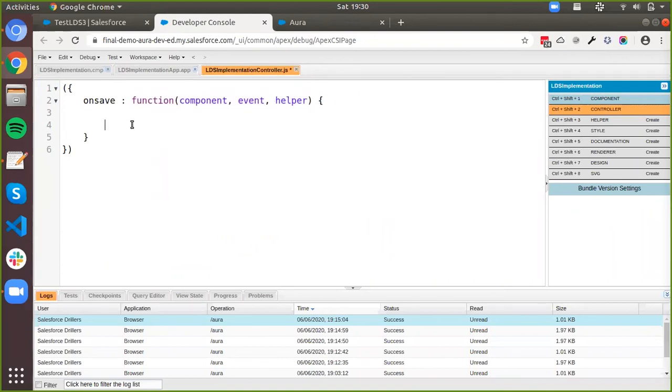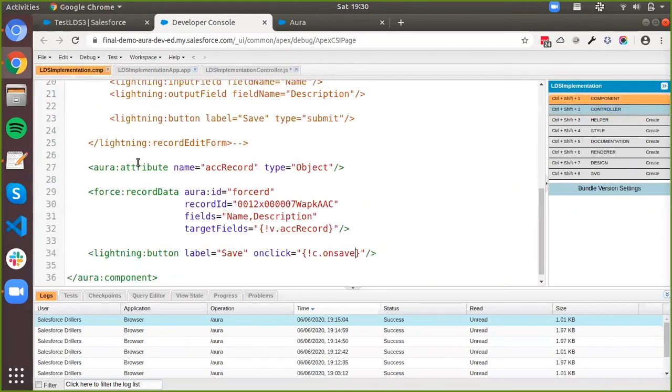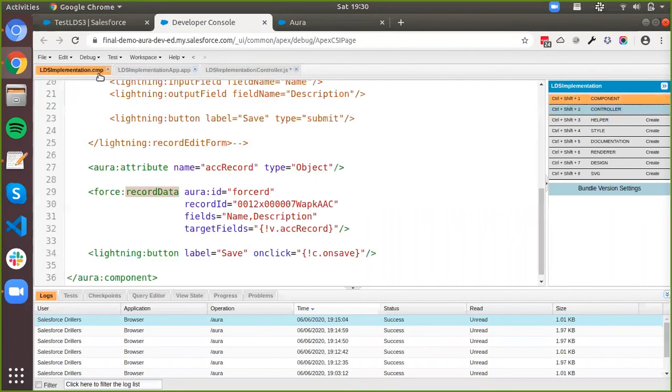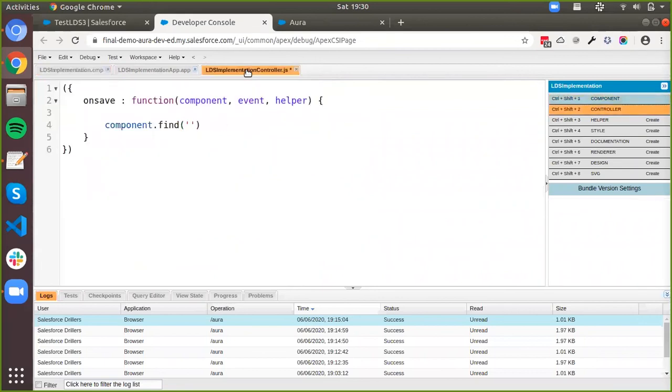So how do you call the save method for this force record data is, first you need to find this record data with the aura ID. That is by doing component.find force ID. So what this will do is,